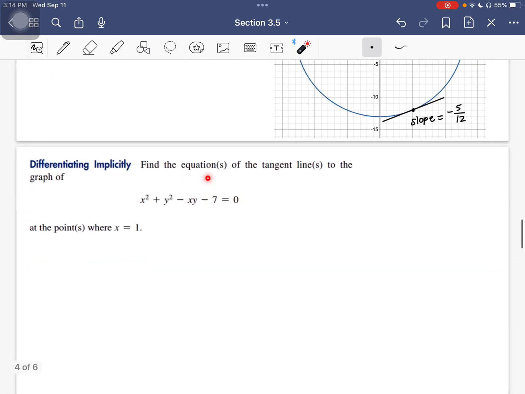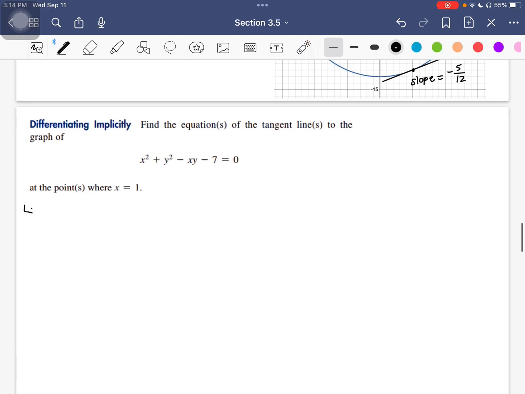What we want to do is find the equations of the tangent lines to the graph of this guy here at the points where x is equal to 1. Okay, so we know the equation for the tangent line. We know we're going to have to first differentiate this guy. So take the derivative of both sides